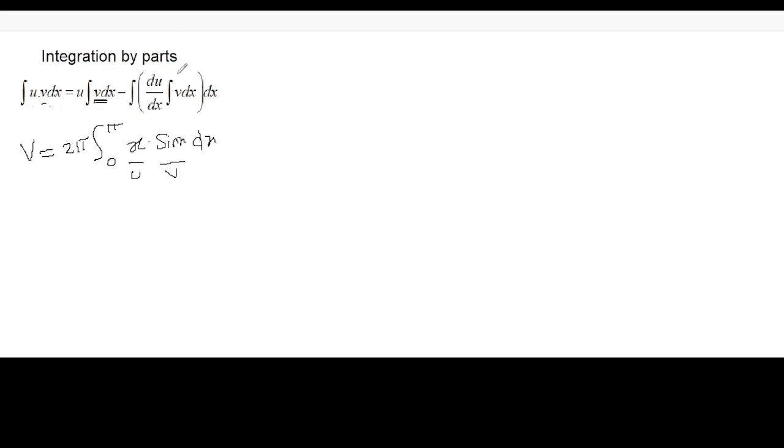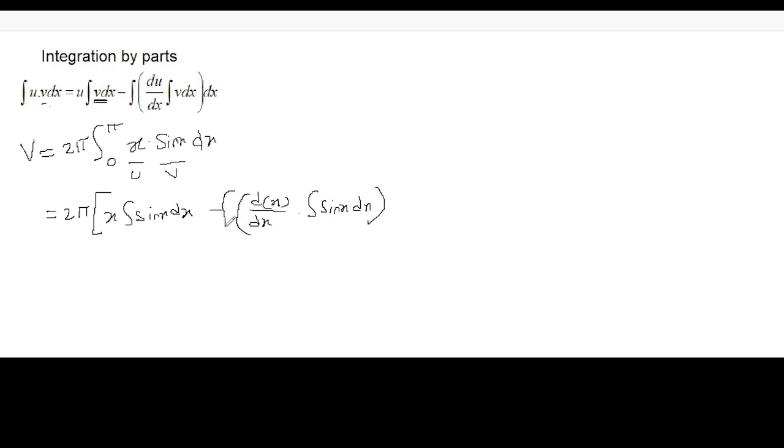So the second part will become comparatively easier. After applying integration by parts, the integration becomes 2 pi, x into the integration of sin x dx, minus the differentiation of x into the integration of sin x dx,